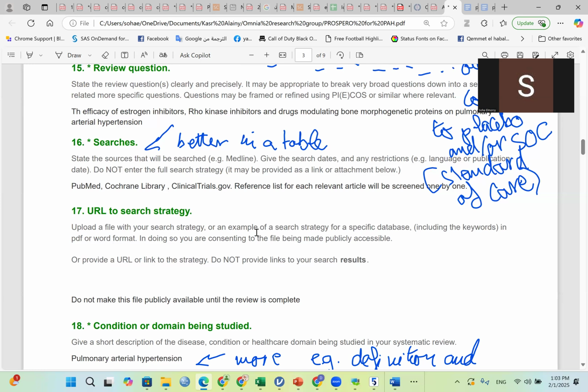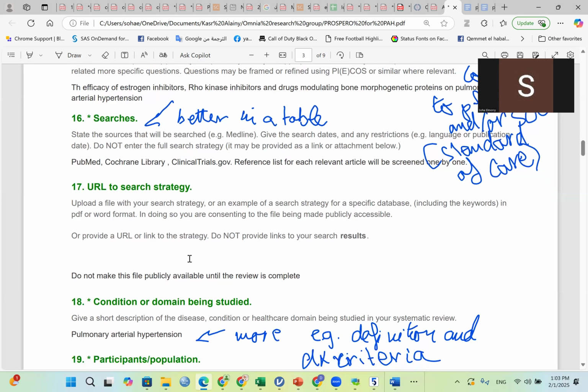Then it tells you here in number 17 to put a URL for your search strategy. And it's not really a mandatory field, so you might leave it out. However, it's again very good if you have a strategy to put the link to that here. Some people might think that this is the link to your search on the PubMed, or it's the link to your search on Google Scholar or on your Scopus.